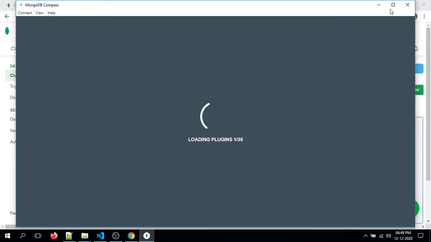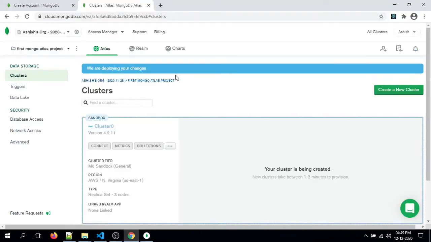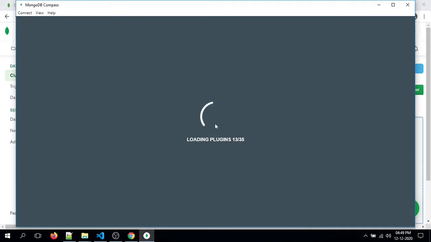It will take around 1 to 2 minutes to set up this cluster and maybe 1 minute to load all the plugins in MongoDB Compass. In Compass, we just need to pass our connection string, and it will connect to that particular server.